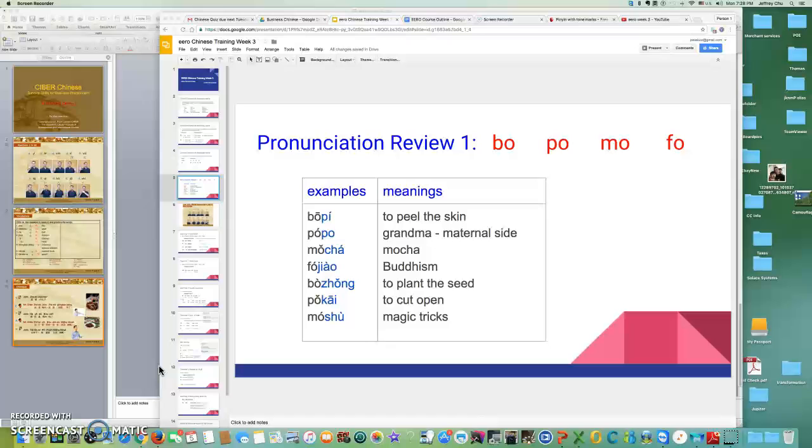This video is for you to review what we have learned in week 3 with the ERO training class. So I will go ahead and start from page 5. One of the tricky pinyin rules that we went over last week is 波, 坡, 摸, 佛. You won't see the u sound, but when you pronounce them, you have to pronounce them with the uo final. So the example, the first one,